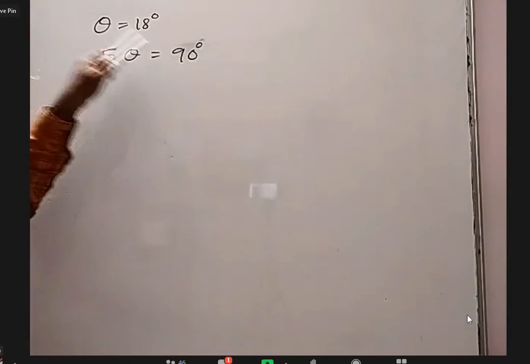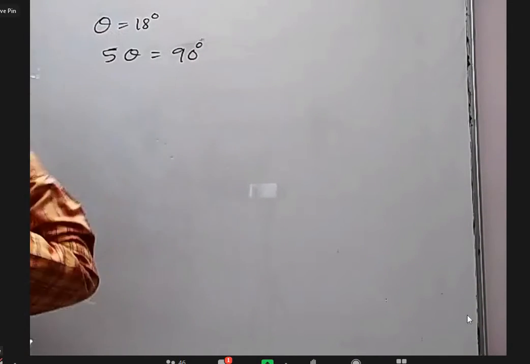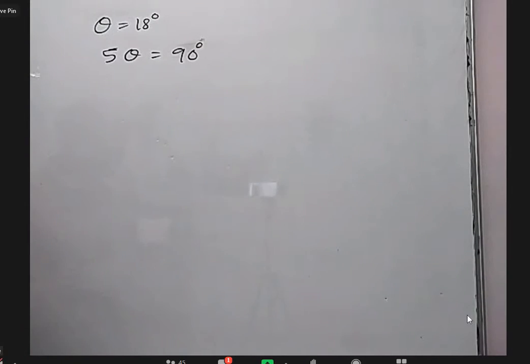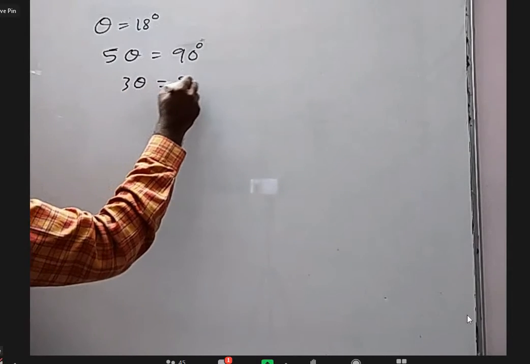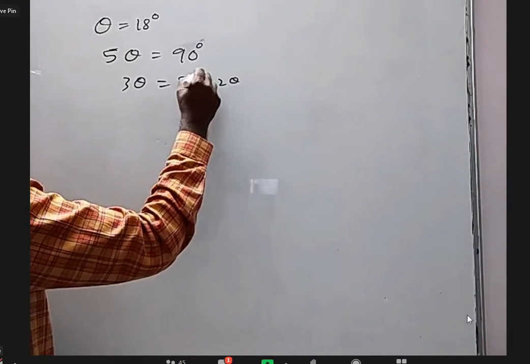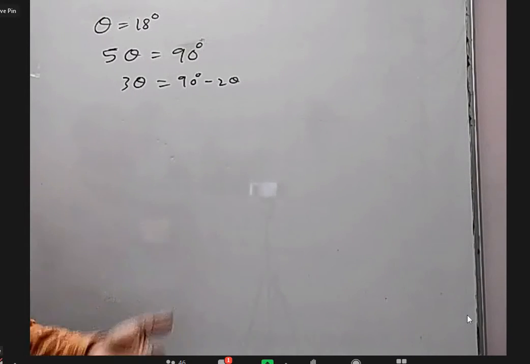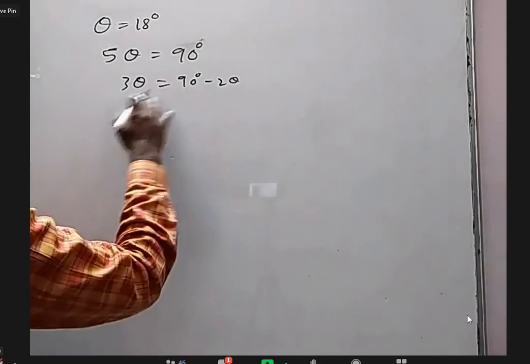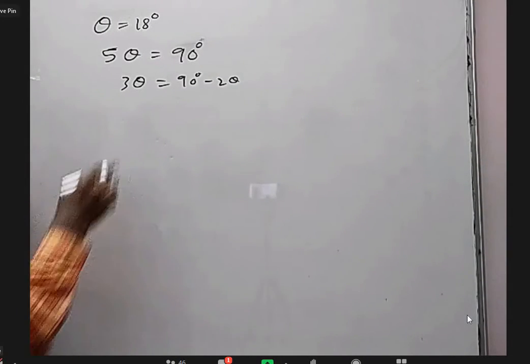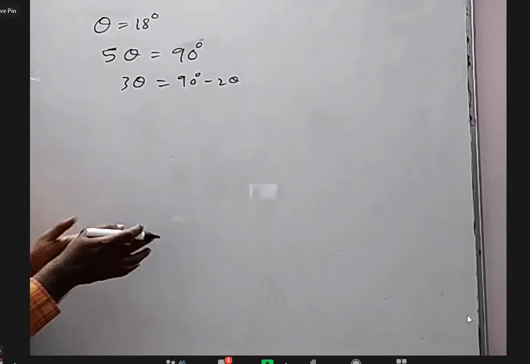In the same way, if you want to find 18, or tomorrow some other angle like 2 pi by 7, you have to connect to one of the original angles only. What is special about 18 is 5 times that is 90 degrees. So I am going to write 3 theta as 90 minus 2 theta. I can apply tan on both sides, or cos on both sides. I may be able to find tan 18 or sin 18 or cos 18 depending on the requirement. I can apply sin and still get the answer; you apply cos also, you will get the answer for sin 18.